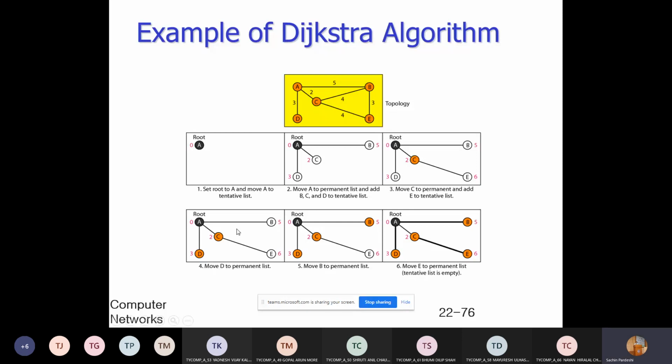The node B has the least cost, 5, so B is added into the permanent list. We find any node which is not yet added to the topology and add it to the tentative list. After B, E is added into the permanent list. And finally we find the shortest path from the root node to all the other nodes.